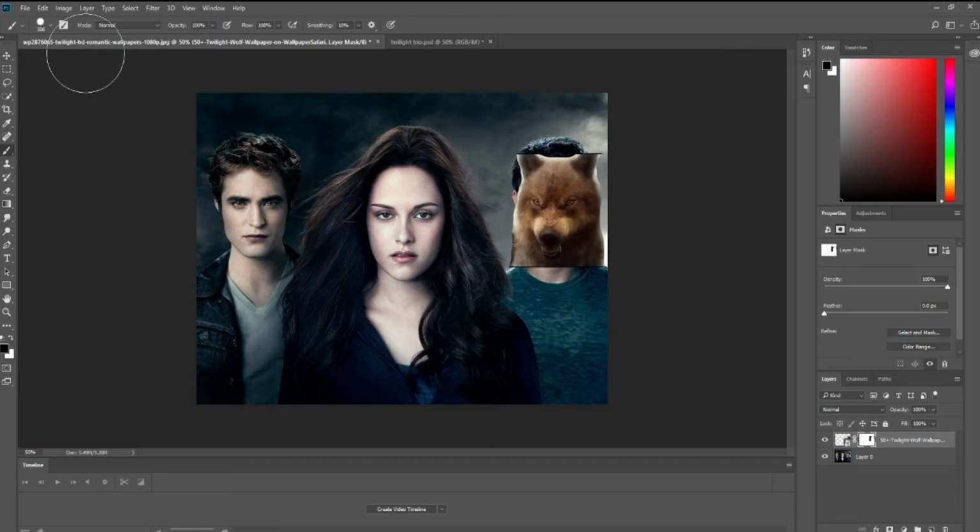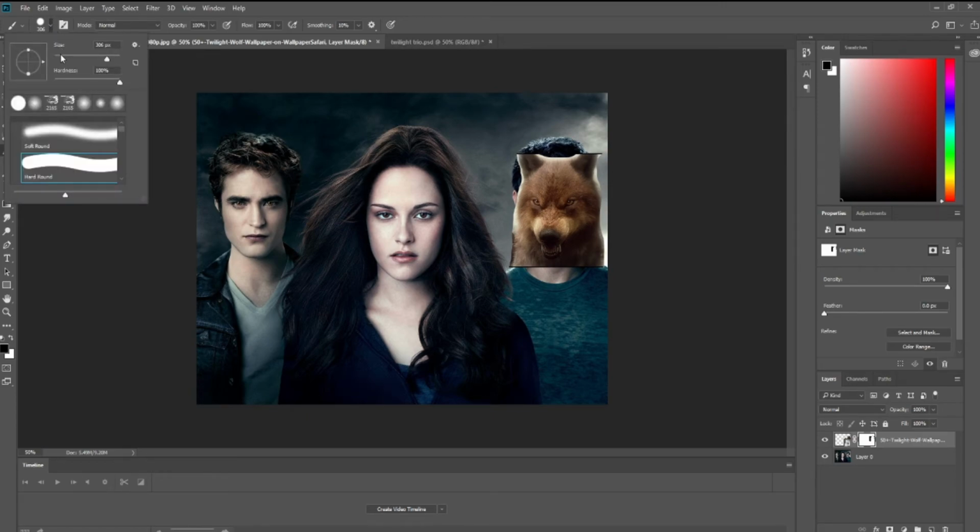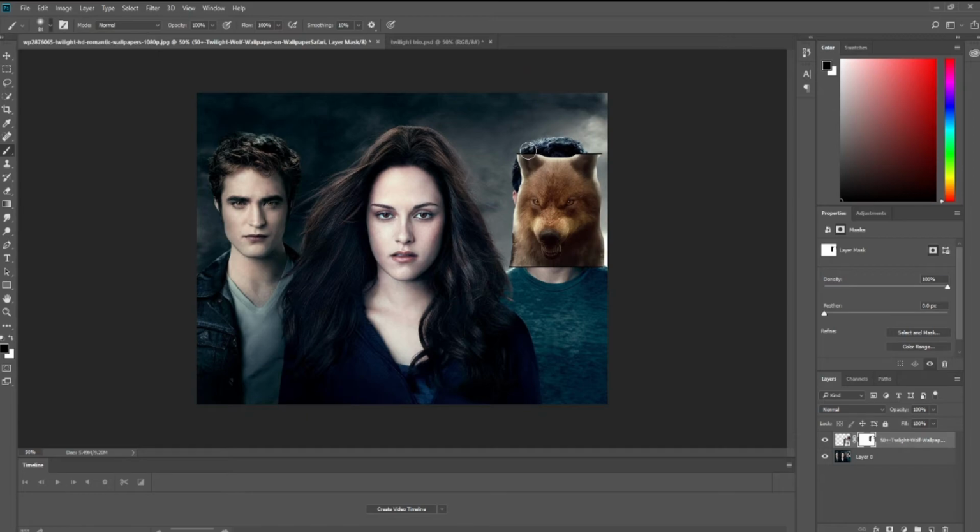And just again choose the brush tool, resize it. I'm going to resize it a little bit shorter. Make sure the soft brush is selected and just add half of the face of the wolf to the character, as we want to show that the character is converting into a wolf. So I'm not doing it super precisely, I'm just giving you the idea of how to do it. There you go.